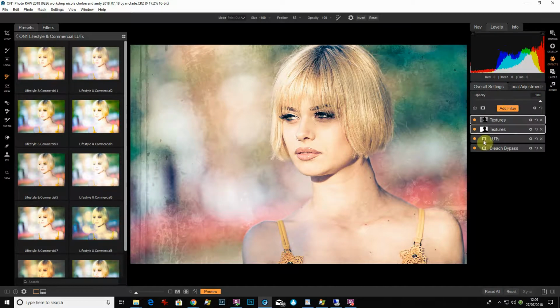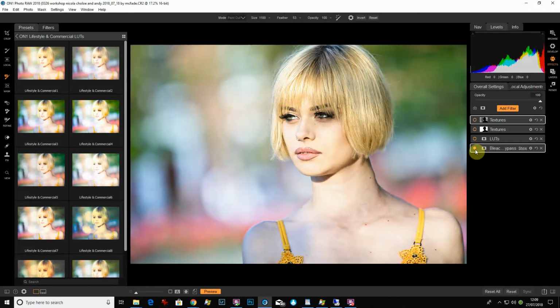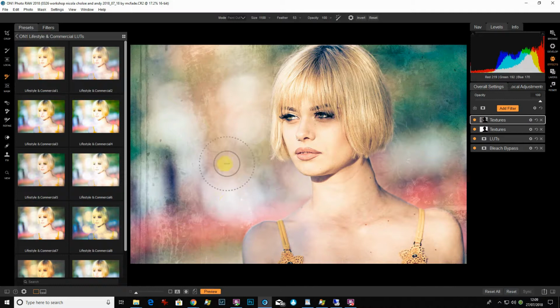Like Photoshop, everything comes in layers, so let's just switch them off and see how it all builds up. So original shot with a few tweaks on. I did a bleach bypass to brighten it up and make it punchy. I did a lookup table to give it that vintage look. I did first texture to give it that old film vibe, and a bit of brocade just to give it a little bit of texture there. And hey presto, you've got something a little bit out of the ordinary